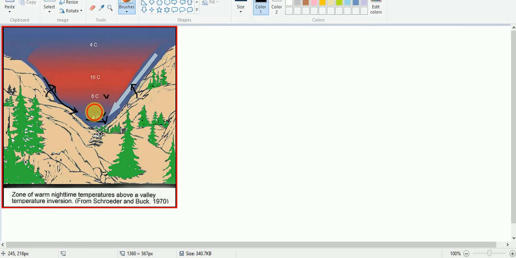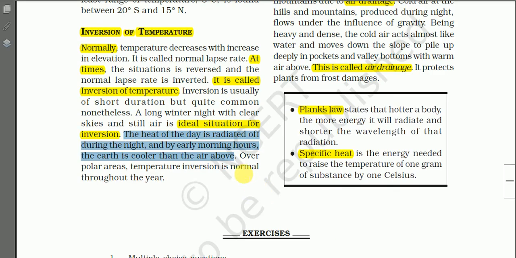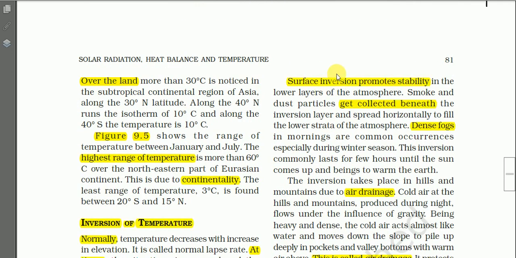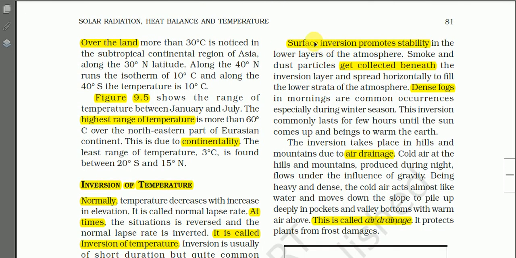See, the temperature near the surface is 4 degrees Celsius. Above it we have air having temperature 8 degrees, 10 degrees, and so on. So in this way, inversion of temperature occurs. Over the polar area, temperature inversion is normal throughout the year, and see here, surface inversion promotes stability in